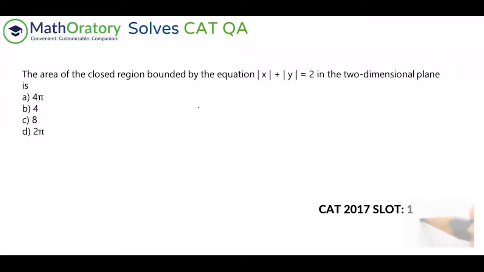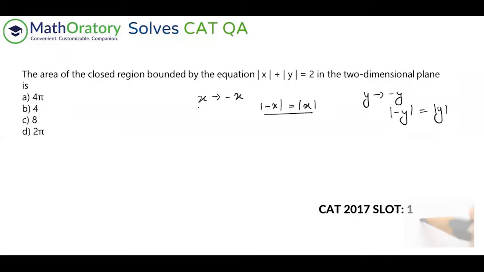The first thing you have to think is what happens if I change x to minus x. If you change x to minus x, nothing changes in this graph because mod of minus x is as good as mod of x, right? So that doesn't change anything. Same thing if you substitute y with minus y, then again minus y's mod is same as mod of y, right? So no change in the graph. So what does that imply?